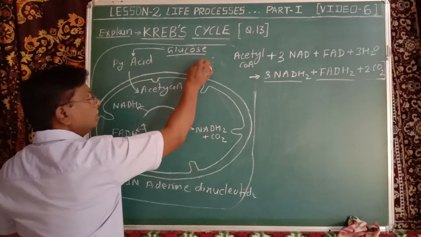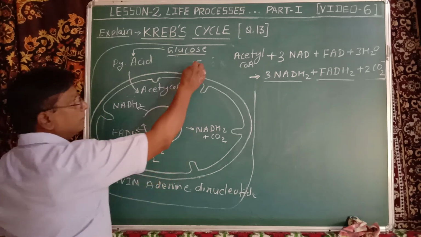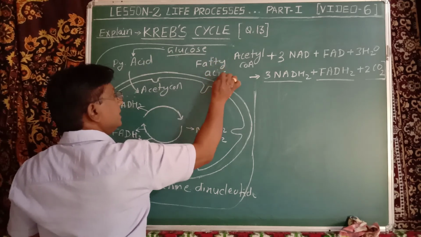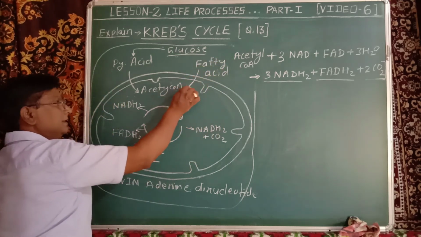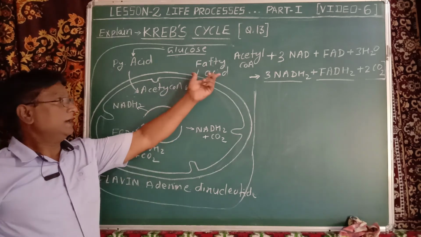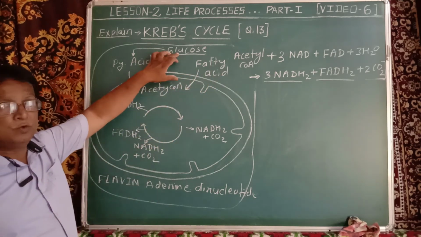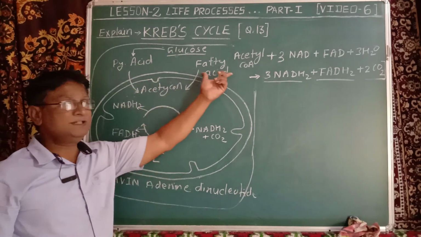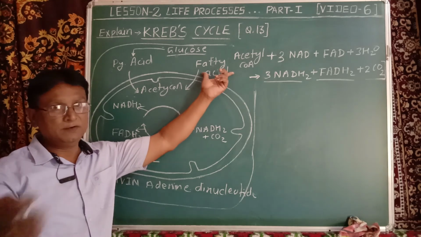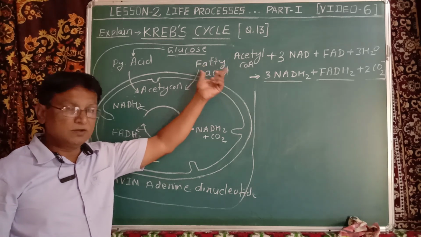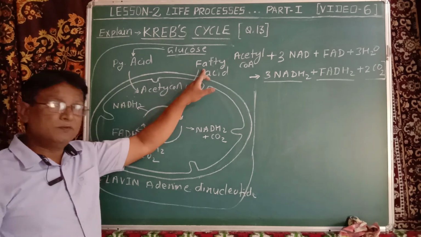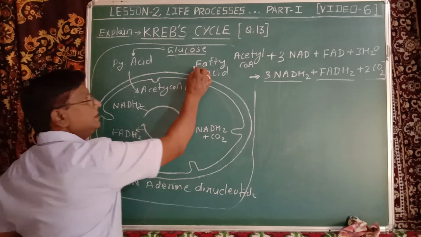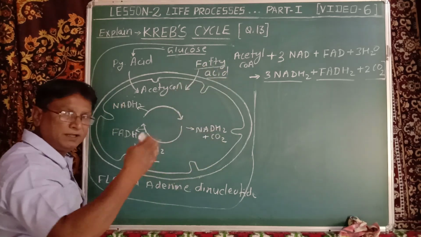In this, one more thing is given in the textbook along with this diagram, that is fatty acid. Fatty acid enters inside. Acetyl-CoA is not given. Actually, this is only for glucose. When glucose is oxidized, all this reaction will take place. When fatty acid is oxidized, that is not in our part. But if fatty acid is oxidized, then fatty acid first converts into acetyl-CoA, and then after it enters the Krebs cycle. Hence it is given fatty acid. This part we will take in another video.